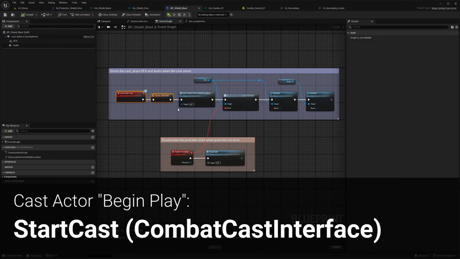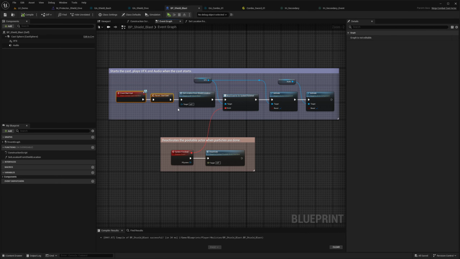For cast actors, this works as a begin play. This will be more relevant later on when we cover the actor pool. Also, make sure to always call the parent function. In this implementation of the start cast function, I am adjusting the cast actor's position to match the owner's shield